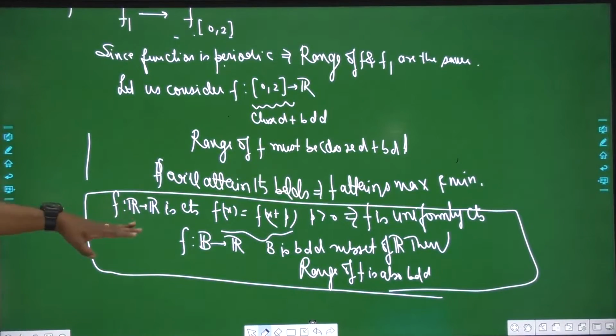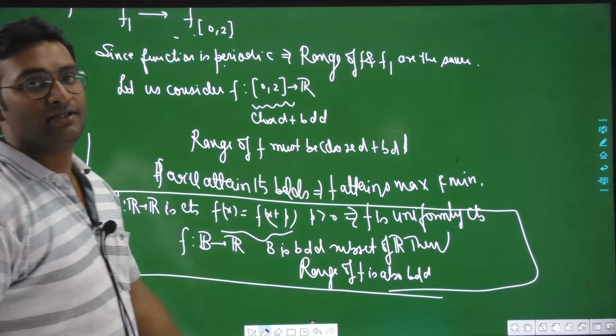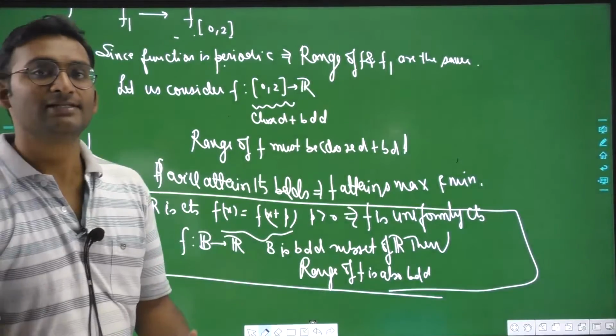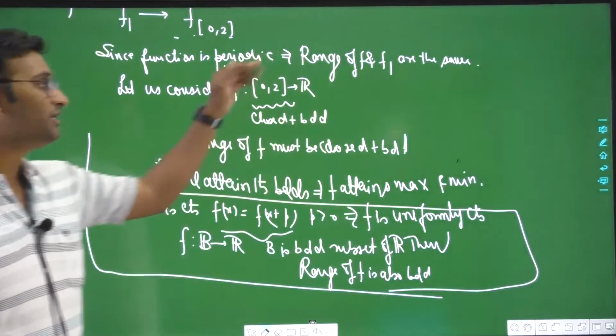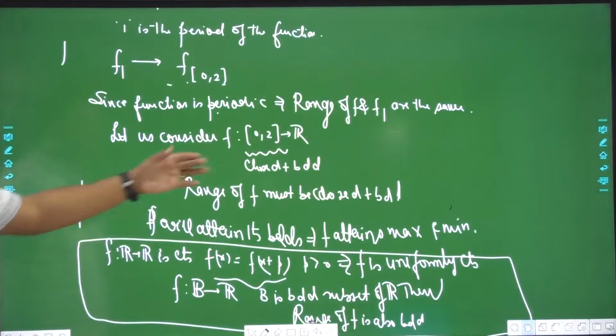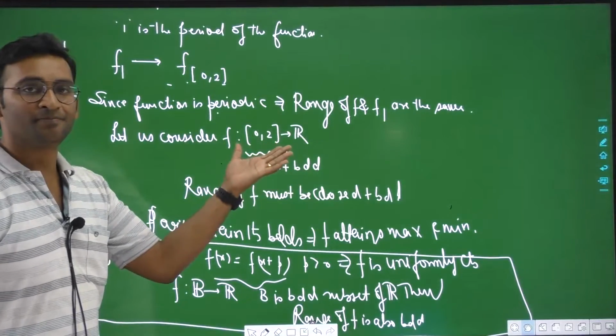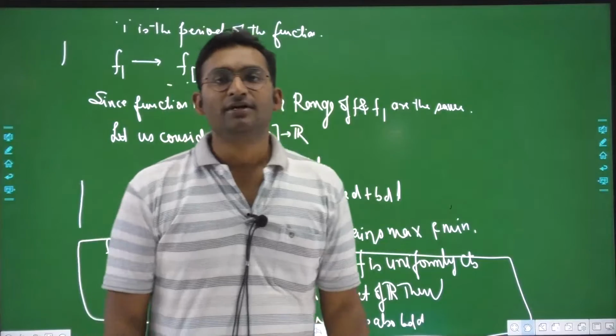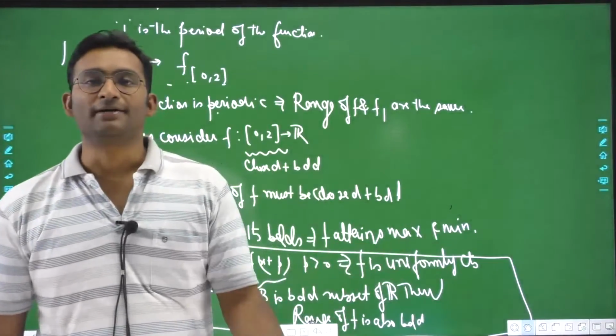सो अदरवाइज इन जनरल आप चाहे तो यूनिफॉर्म कंटिन्यूटी का सारा ले सकते हैं, दैट यूनिफॉर्मली कंटिन्यूअस फंक्शन मैप्स अ बाउंडेड सेट टू अ बाउंडेड सेट. या तो ऐसे समझिए, ऐसे ना समझ में आता हो तो बेसिकली आप ये समझिए कि फंक्शन अगर क्लोज एंड बाउंडेड सेट से डिफाइंड है एंड कंटिन्यूअस है तो उसका रेंज जो होगा वो भी क्लोज एंड बाउंडेड होगा. दैट इज द कंटिन्यूअस इमेज ऑफ अ कॉम्पैक्ट सेट इज कॉम्पैक्ट. ओके,